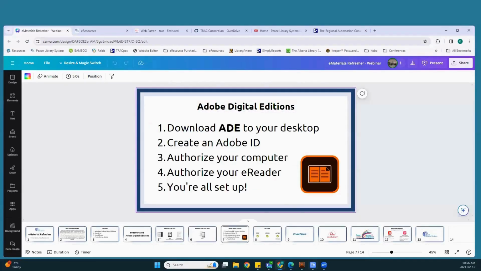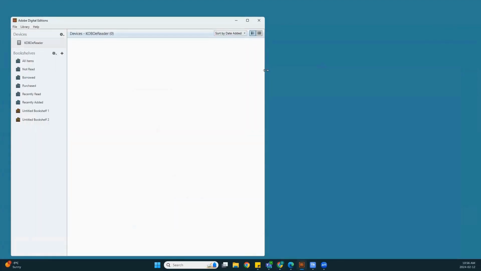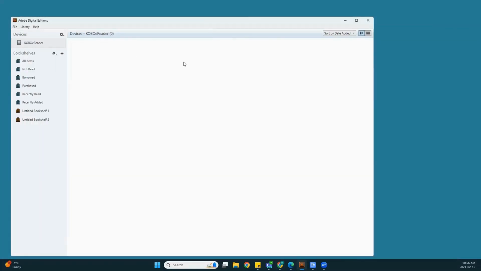And I'm going to exit out of here and I'll just show you what Adobe looks like. So when you download Adobe, this is what appears. So you'll have all these different bookshelves on the left-hand side. They're all empty because we don't have any ebook files in there at the moment. To authorize your computer,